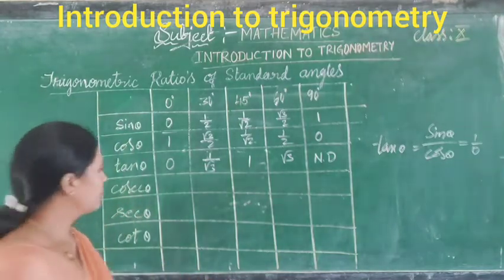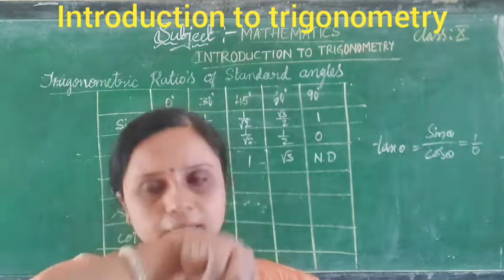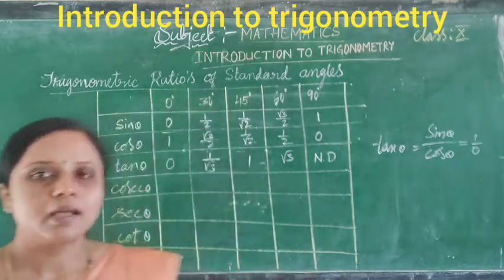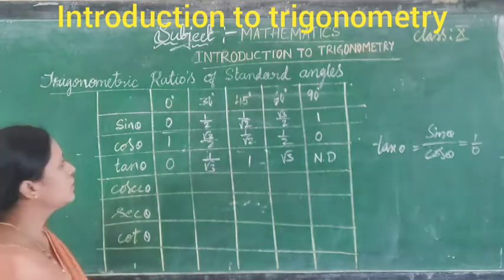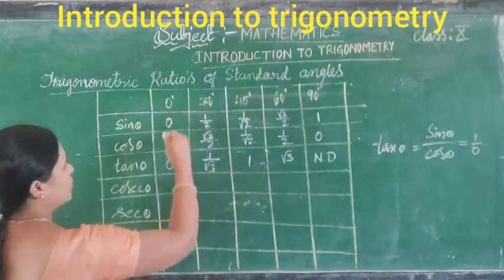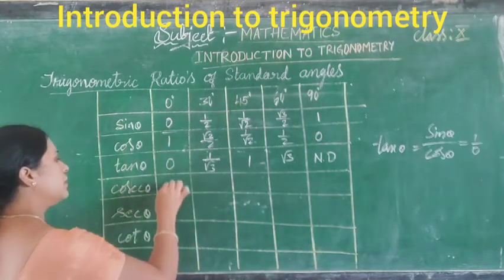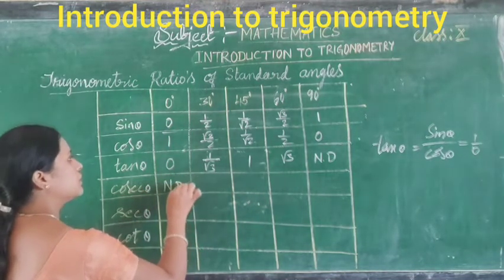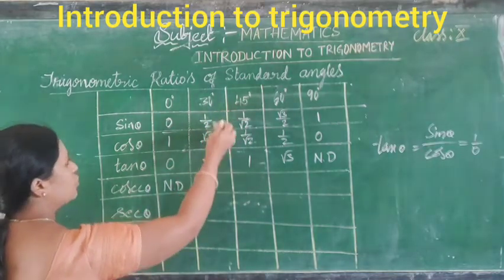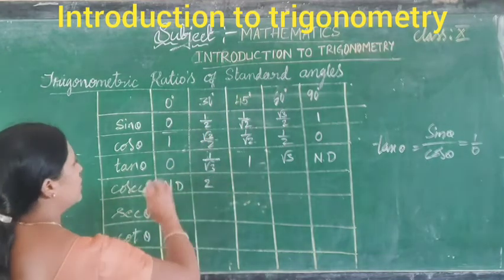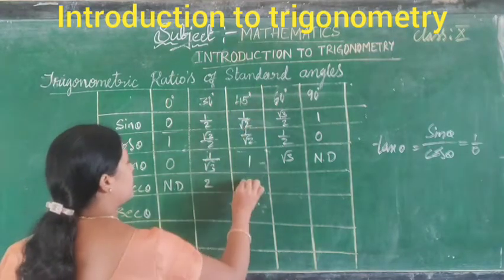So now the other three trigonometric ratios can be written very easily, because I already told cosec is the reciprocal of sin. So reciprocal of sin theta means 1 by 0, it will be not defined. Reciprocal of sin 30 is 2 by 1, that is 2. Reciprocal of sin 45 means root